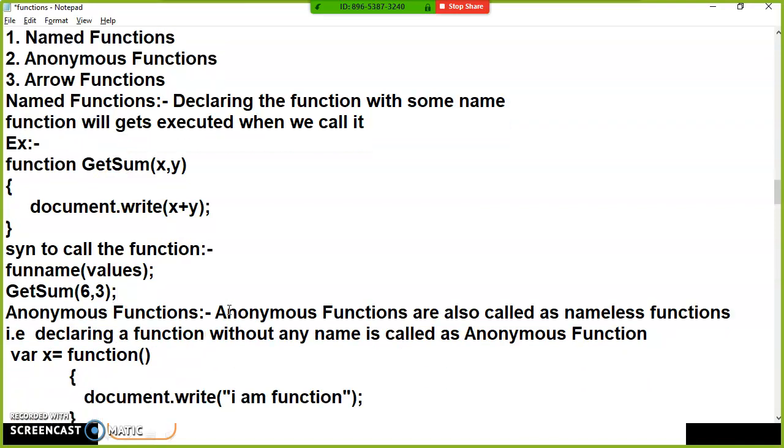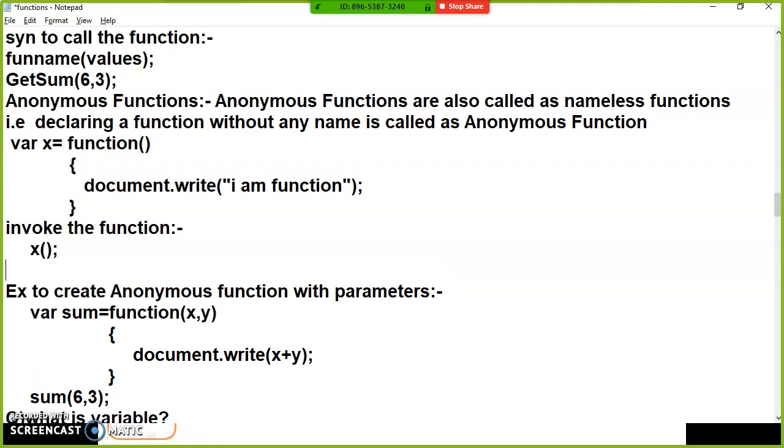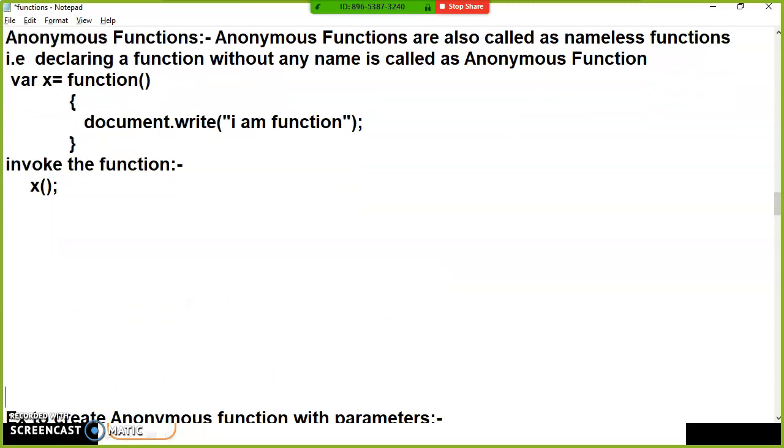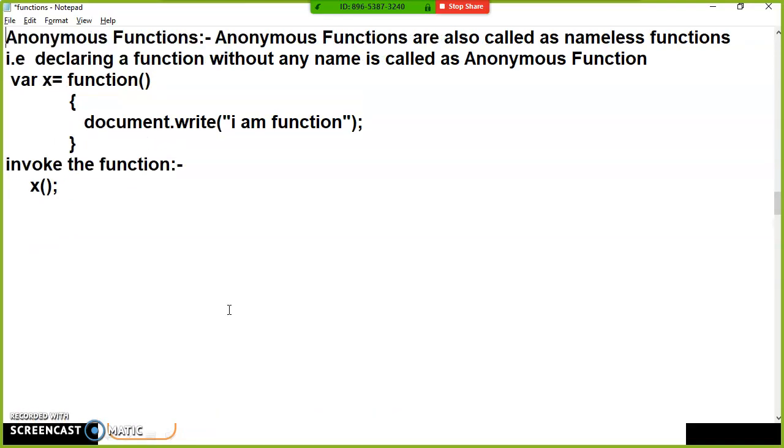And next one is the anonymous function. Anonymous function means declaring the function without any name, or you can also call it a nameless function. You may ask me, sir, why are these two kinds of functions given? Generally, at the time of developing the application, the developer will invoke the function, so the developer must know the function name.